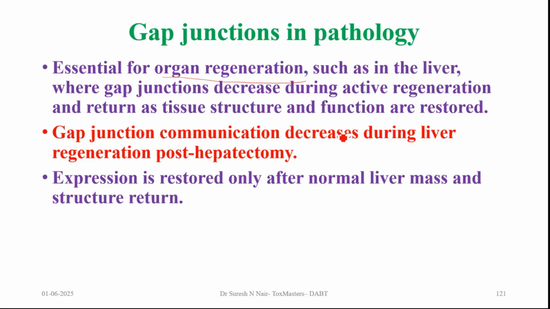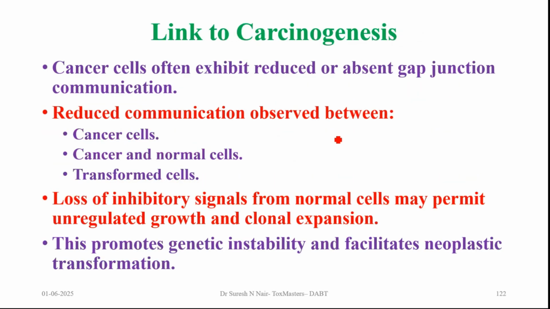So this is how the gaps are actually filled in, or if there is a necrosis, there will be some cell loss. An appreciable number of cells are lost. What will happen is that these cells, hepatocytes, should undergo a fast rate of mitosis. Okay, so that is the role of gap junctions in pathology, and it is linked to carcinogenesis